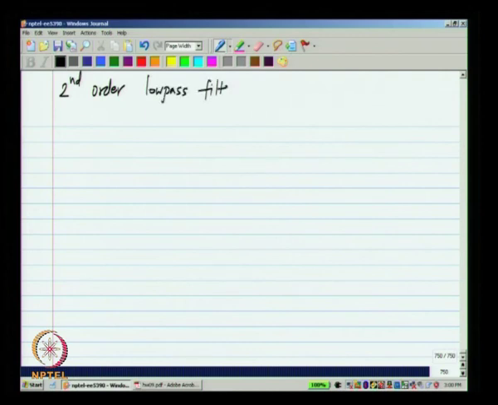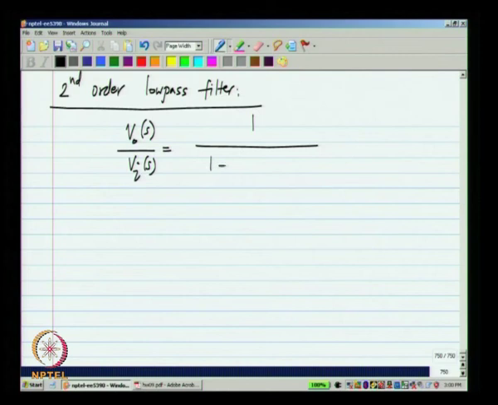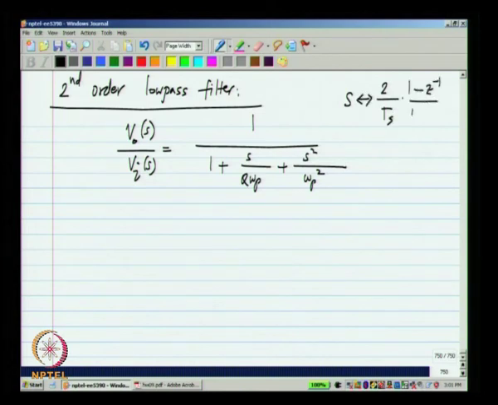So, what I am going to do is just take a second order low pass filter in the continuous time. The transfer function would be 1 by 1 plus s by q omega p plus s square by omega p square. Now, if I substitute s with 2 by Ts times 1 minus Z inverse by 1 plus Z inverse, what I am going to get here is the discrete time counterpart,